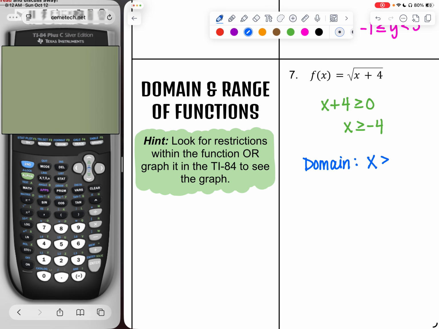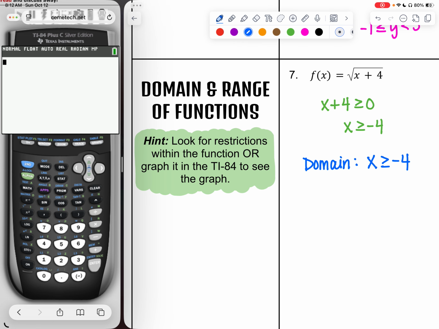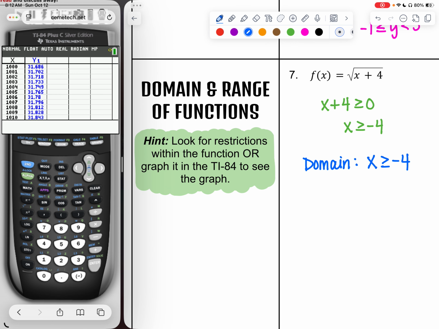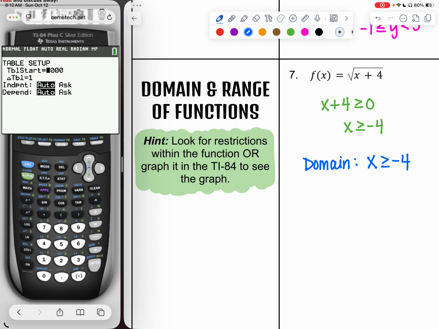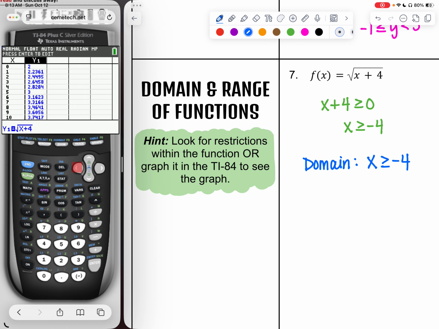X has to be greater than or equal to -4. Now for my range, if I were to graph this in my calculator, the square root of x plus 4, and I look at the table, and let me change my table settings, second window, I want to start it at 0. So here, if I change my window, if I scroll up,